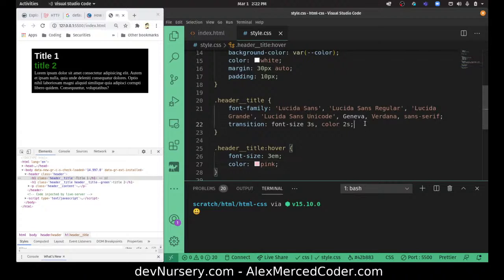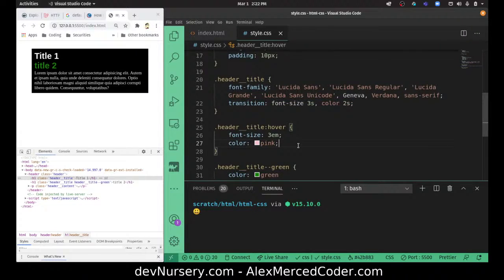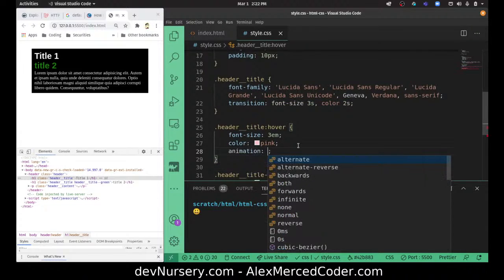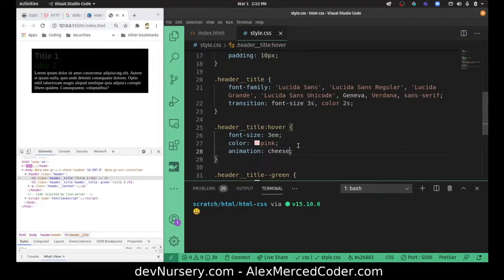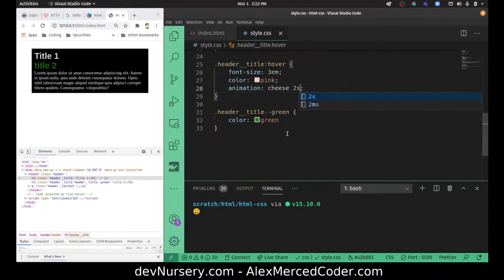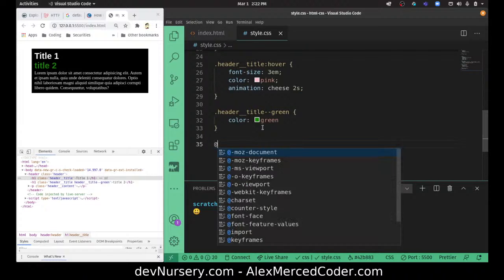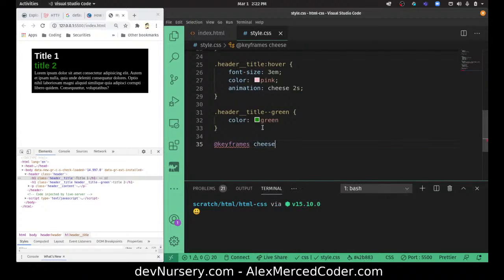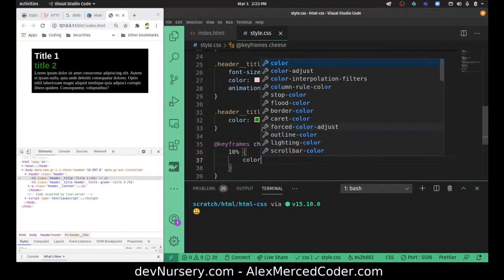You can also do an animation. So I can do something like this: animation. I need to call it cheese, and we'll do it for like 2 seconds. Now we need to define that animation. So I'm going to say @keyframes cheese. And then we're going to say at 10%, and you have to do this by percentages. So at 10% of the time, what I want to do is color